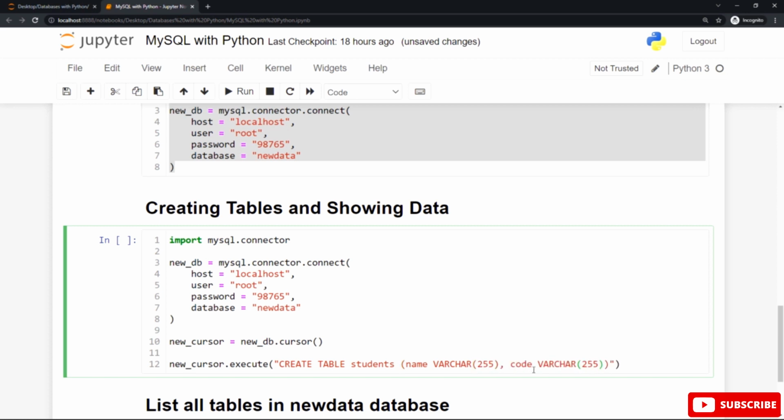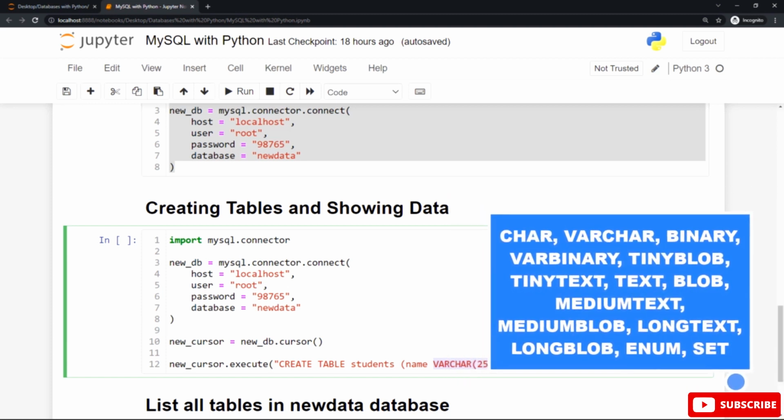You can see in this example here the execute built-in method to execute this create table statement to create a new table called students with 2 columns, name and code, as you can see. And after each column name comes the data type for each record in that column. You can create as many columns as you wish by using the same way. The column name followed by the data type that the data of this column belongs to for each record in that column or each row. And there are many data types available in MySQL.